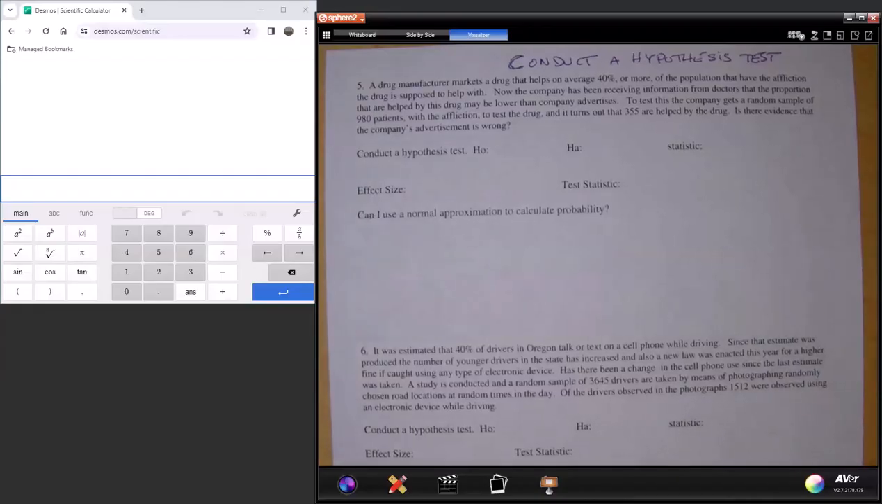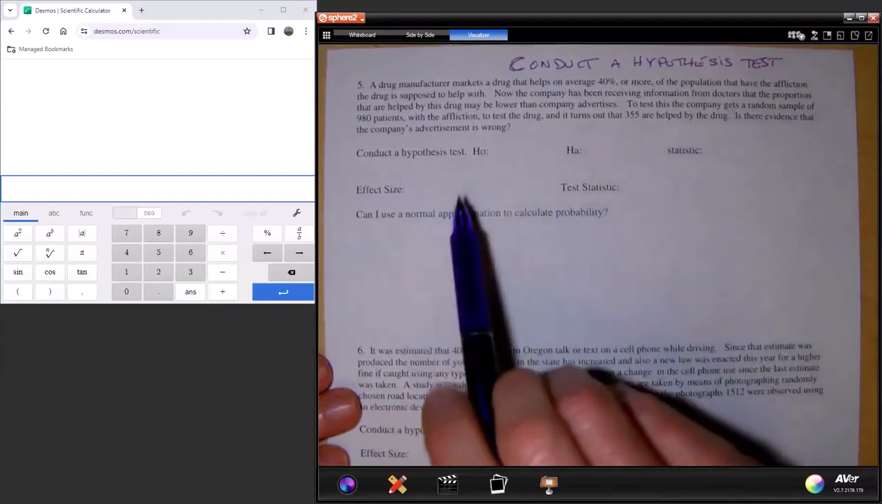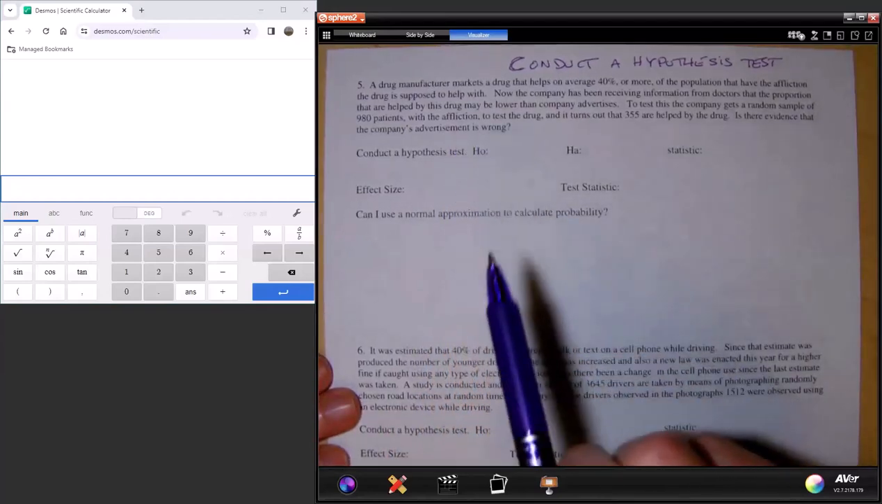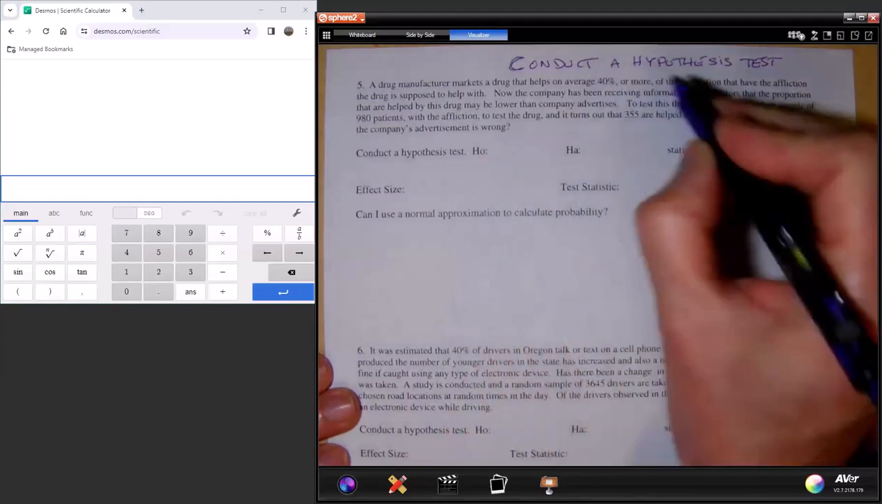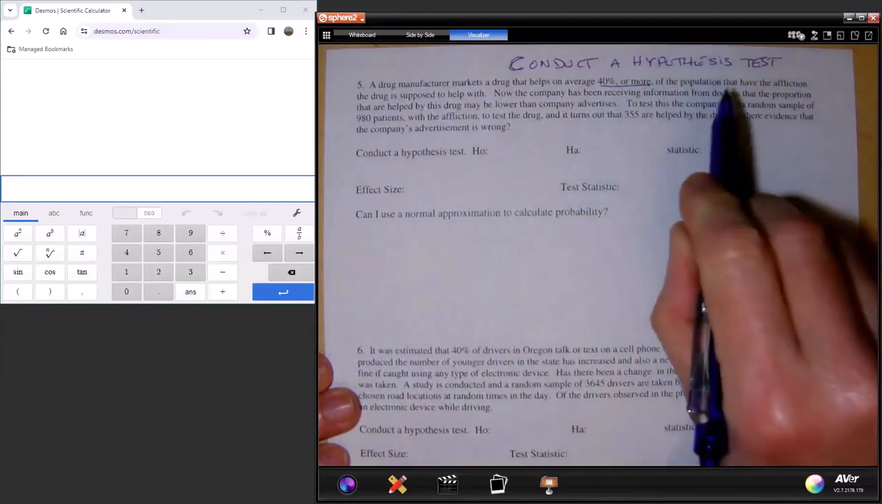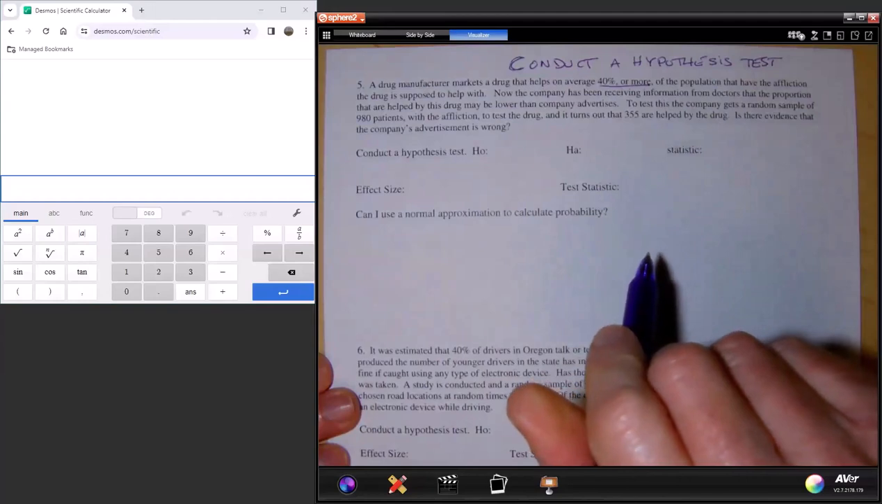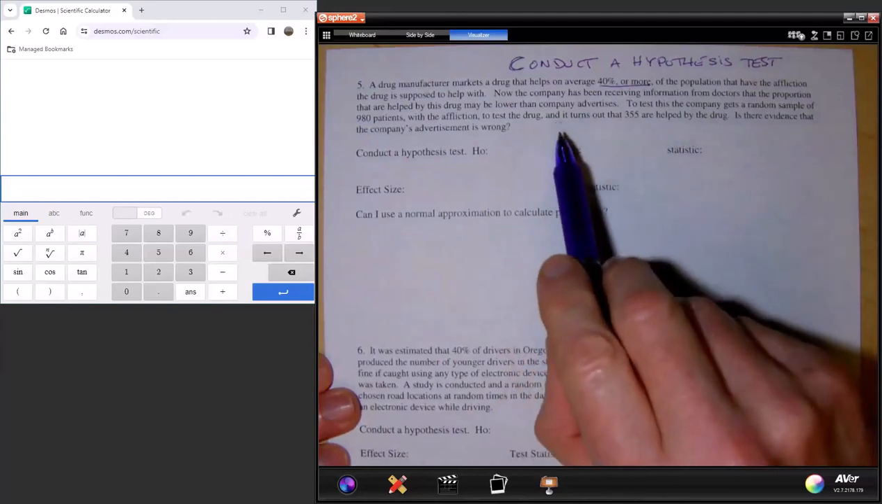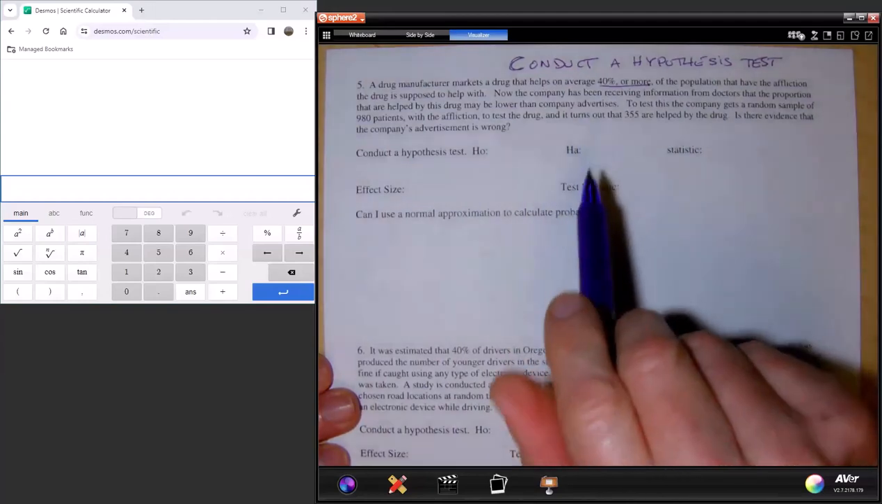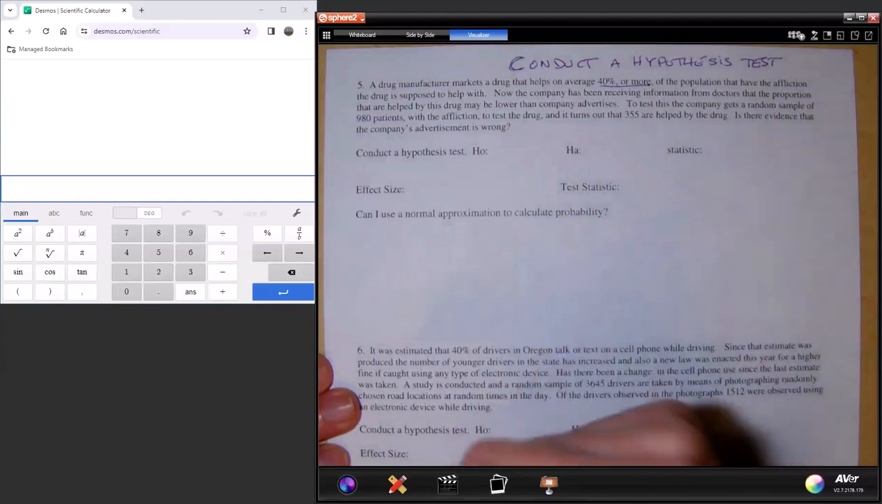Let's conduct a hypothesis test from start to finish. A drug manufacturer markets a drug that helps on average 40% or more of the population that have the affliction the drug is supposed to help with. Now, the company has been receiving information from doctors that the proportion that are helped with this drug may be